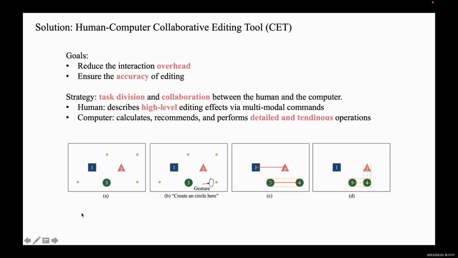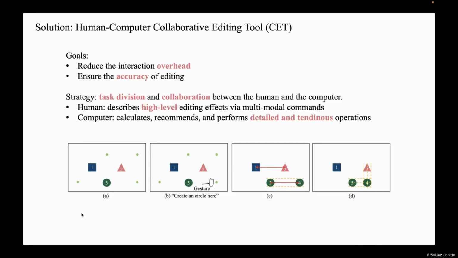To solve this problem, we propose a human-computer collaborative editing tool that reduces the interaction border while ensuring interaction efficiency. CET achieves this goal through task division and collaboration between humans and computers. Users can describe high-level editing effects through multimodal instructions, and the computer calculates, recommends, and performs detailed and precise operations accordingly. For example, instead of manually dragging a new element to a target position, the user can simply draw a rough shape on the canvas and say, create a circle here, and the computer will automatically help the user achieve